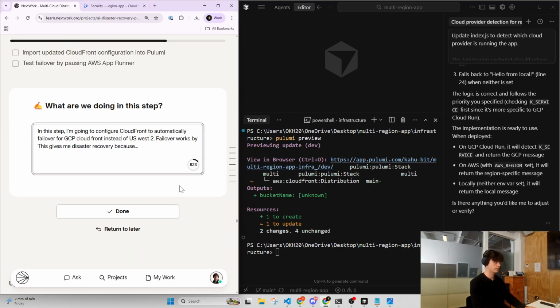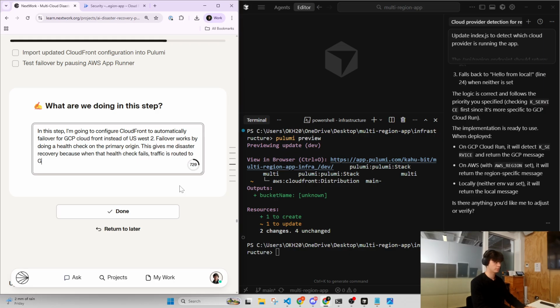I think it's by doing a health check on the primary origin. This gives disaster recovery because when the health check fails, traffic is routed